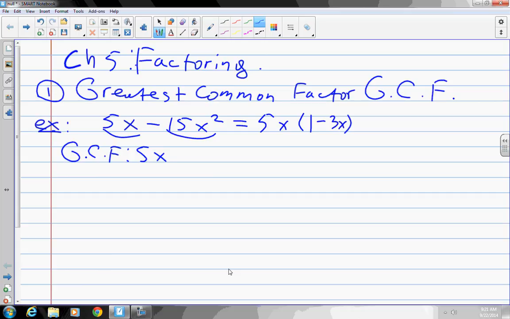Now, don't forget about that 1. It's important to have the 1 in there. It's kind of a placeholder if you take an entire term out. But if you just stick to the idea that you have to divide each term by the greatest common factor, then you'll get the right answer every time. Okay? So the steps